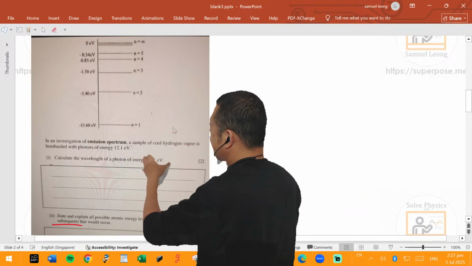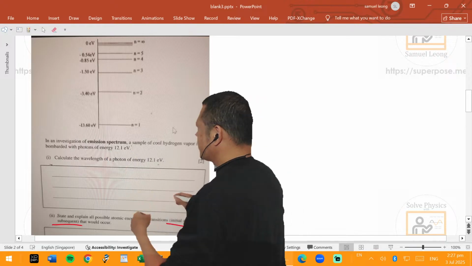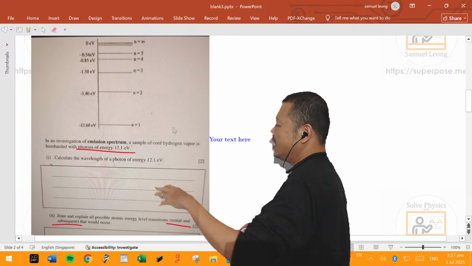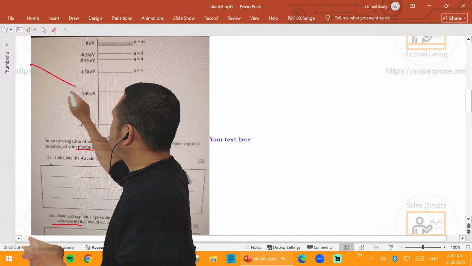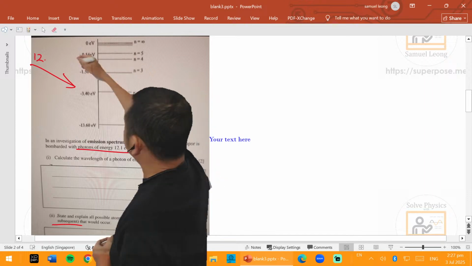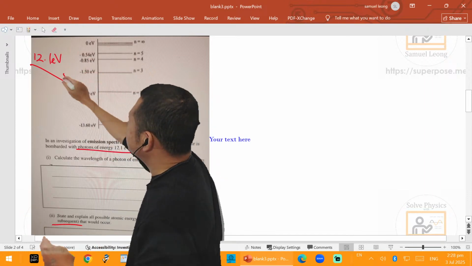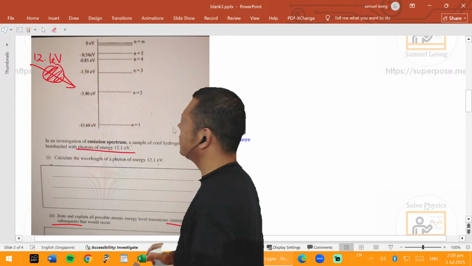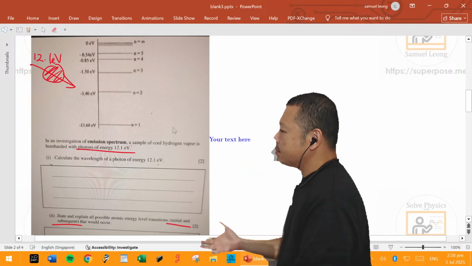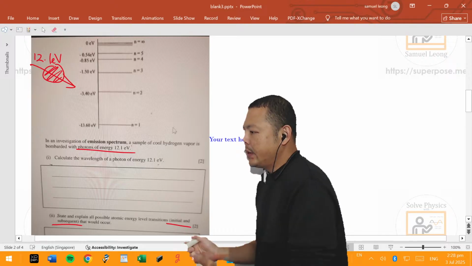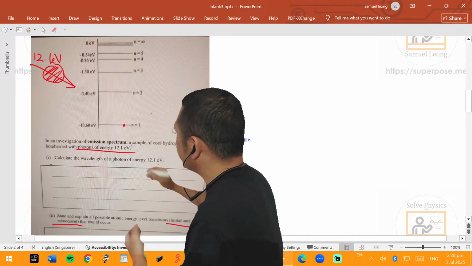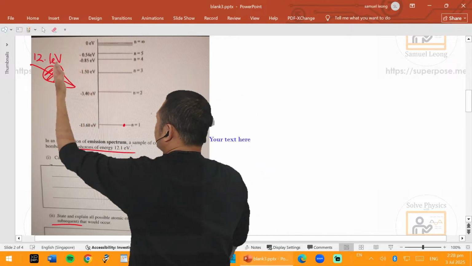So the idea here is you have photons. He's not using white light. He's shining a specific wavelength of 12.1 eV photons. So the question is, would this even be absorbed? Will this be absorbed by the electron? The electron is at the ground state. Will this photon be absorbed?